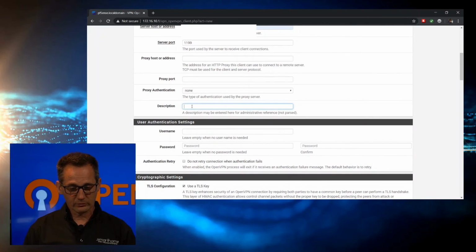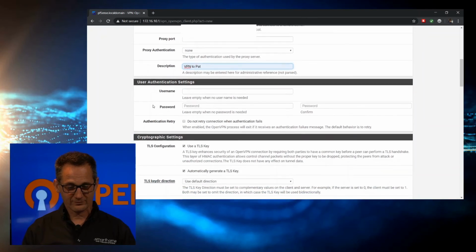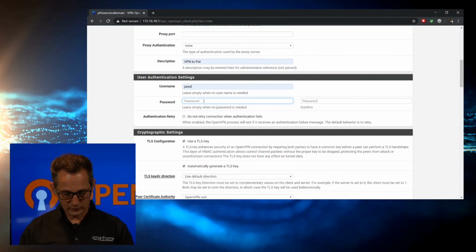And a description. Let's name it VPN to Pat. That's a good name because my buddy's name is Pat. Hey, Pat. All right, we're going to use username and password authentication for this. And the reason for that is we have 15 different SG-1100s that will be logging in. And from a quick look at a dashboard on the server, we'll be able to see which ones are logged in, which ones are not logged in. And it's a quick troubleshooting help to establish who's working and who's not. So type in the password for my test